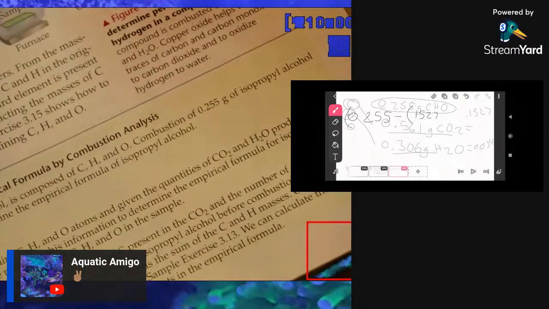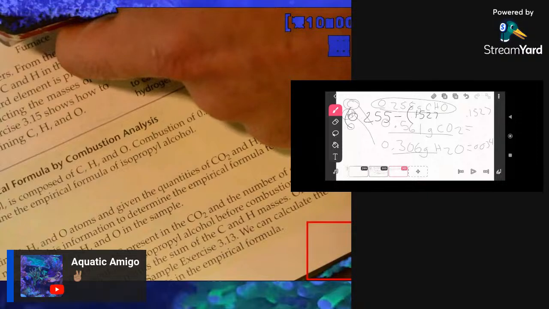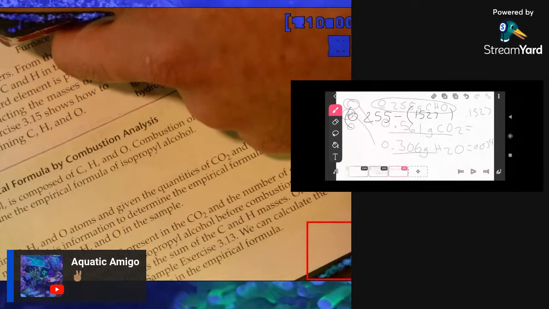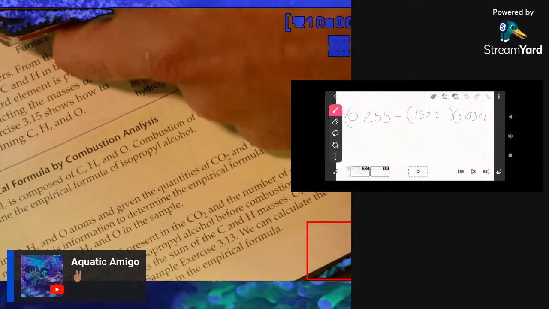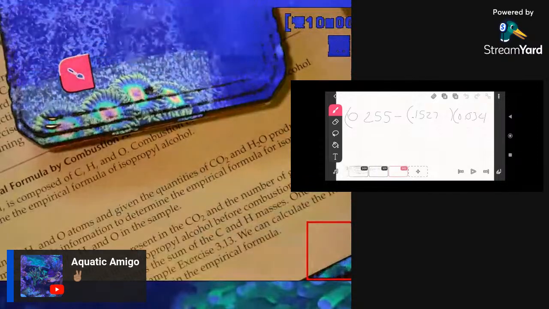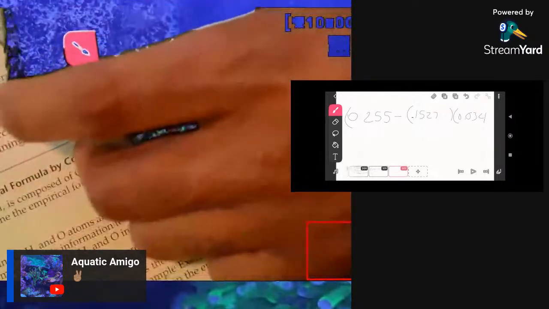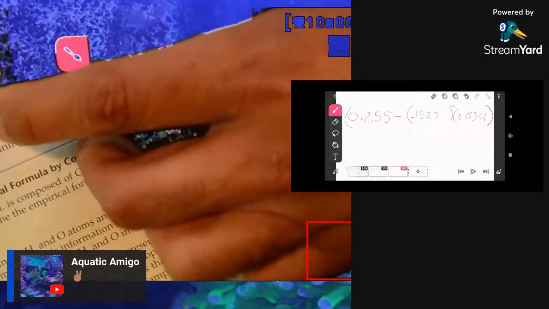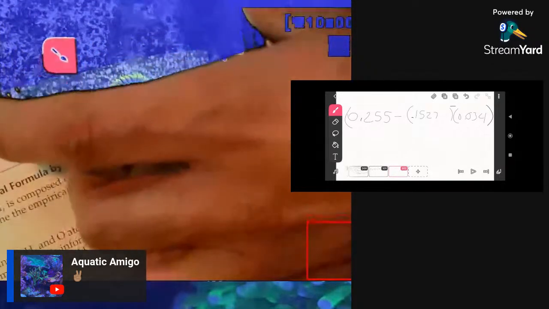Hold on, guys. I'm just trying to do this real quick. You know what, let me close the parentheses real quick. Okay, there you go. All right, so we got the original number they gave us, right? And then we had to subtract these numbers right there. Okay, so we got